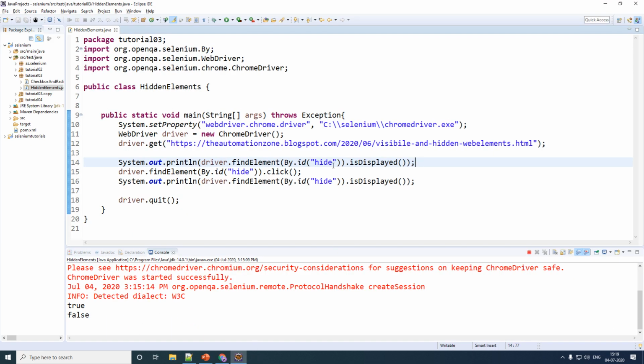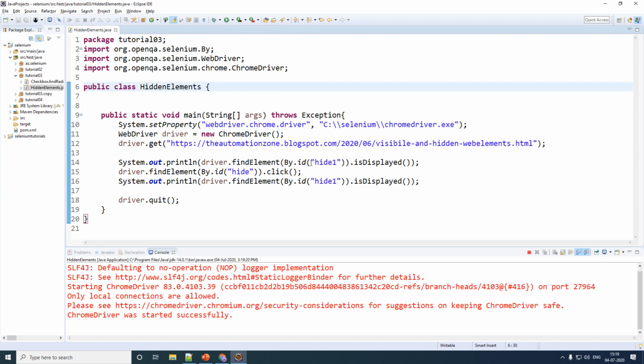Like for this case right here, because it was present but not displayed, it threw me a false. But if I'm trying to find an element which is not present at all, for example, I know the hide one button is not present in my HTML, and then if I run my piece of code, if you see, it will throw you an exception.